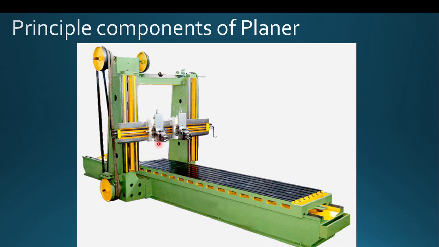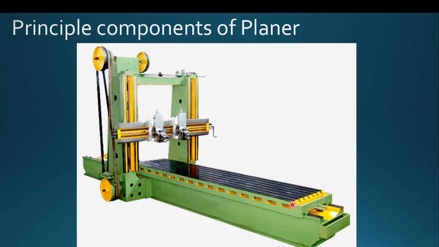In the meantime the tool is fitted with the tool head, and based on your requirement, your depth of cut, the cross rail will be moved towards the workpiece to the required height. You have to fix it. So once you fix it at some height, you need to move the table in backward direction. So when the table moves from this end to that end, this will make the workpiece impact on the tool tip and the material is removed. And during the return stroke no material removal happens and it is considered as the idle stroke, and during that time we need to move the table in a very fast manner.